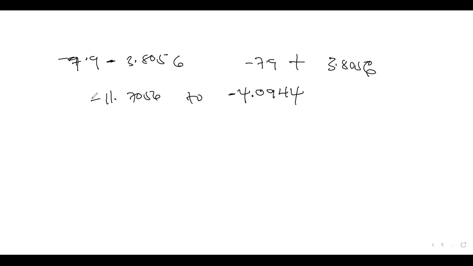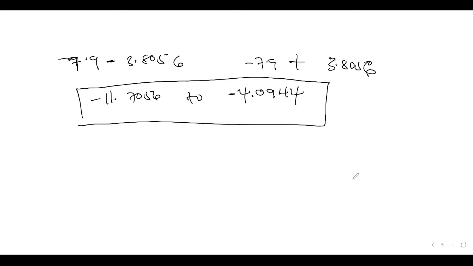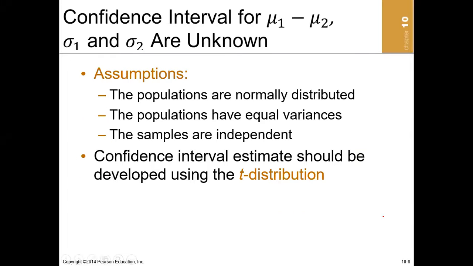So the confidence interval for 95% will be minus 11.7056 to minus 4.0944. So this is how we compute the confidence interval for two independent samples